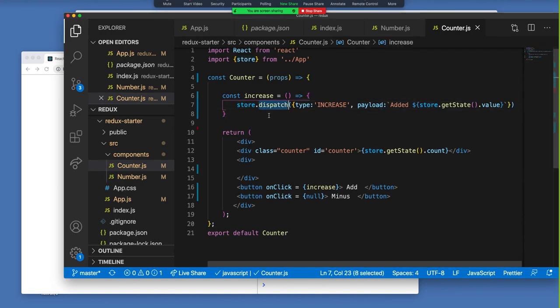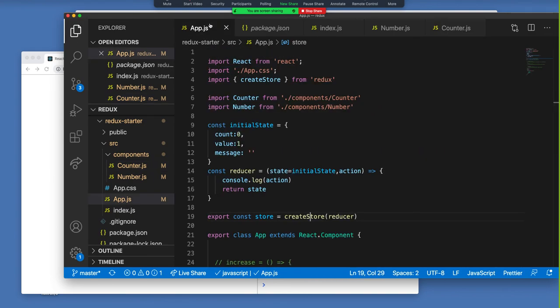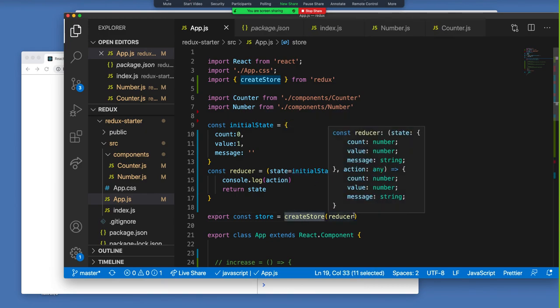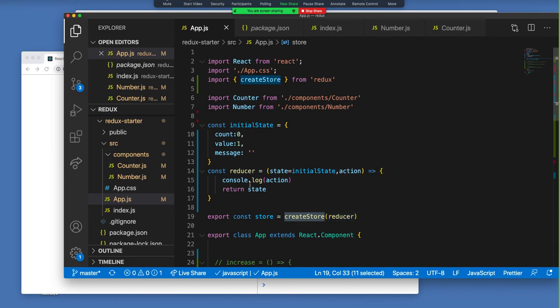So these aren't coming from anywhere. It's coming from the store that we're including in this app, from this app that we initialized here. And when we initialized it, we passed it this reducer. I feel like that made it worse. But here we are. So now that we have our action